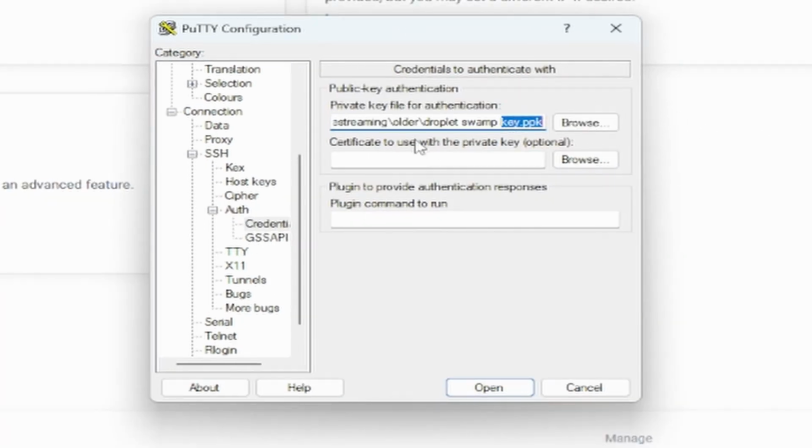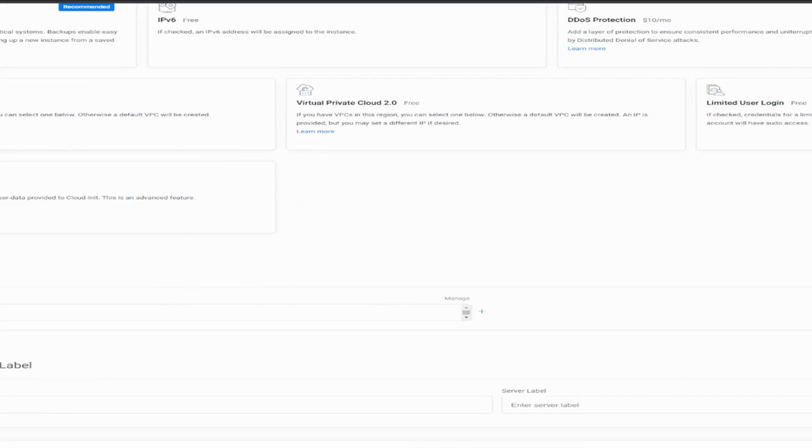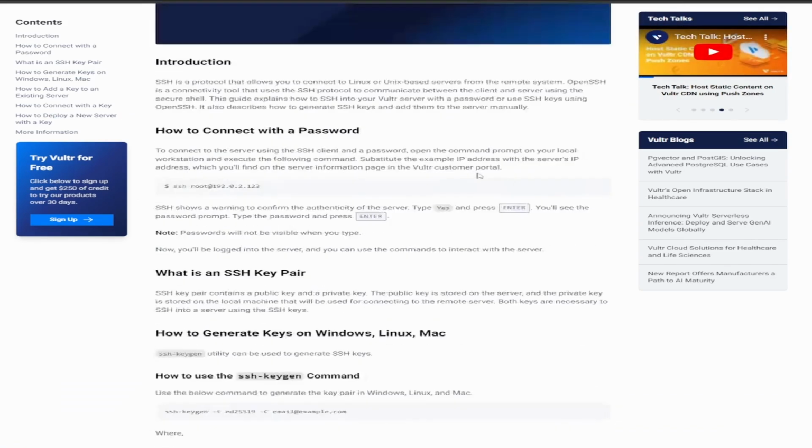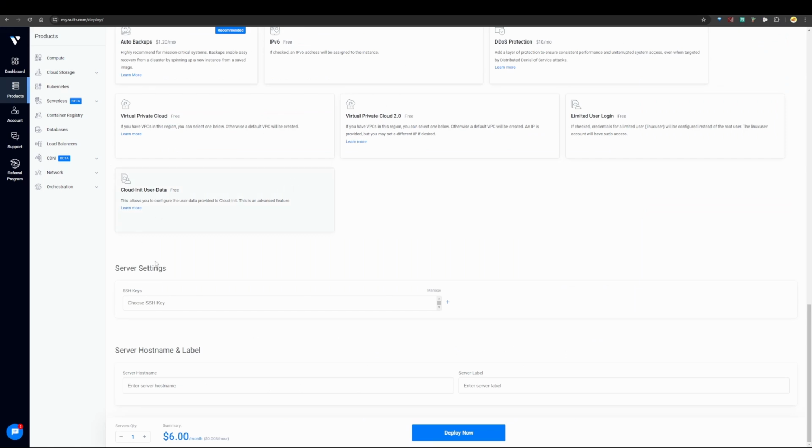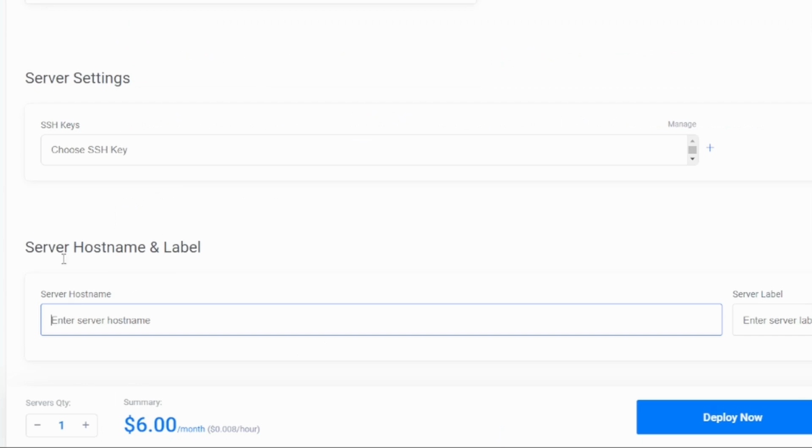There's a bunch of different articles you can find online on how to make these, and just as an example, you can come to Vultr's site and it'll show you how to set it up with them. I'll just go ahead and skip it because you can pretty much set this up on your own once you figure it out. But it is optional, you don't really need to have the SSH, you can just come back here and log in. At the bottom here, you're just gonna choose a name, doesn't really matter what you choose,